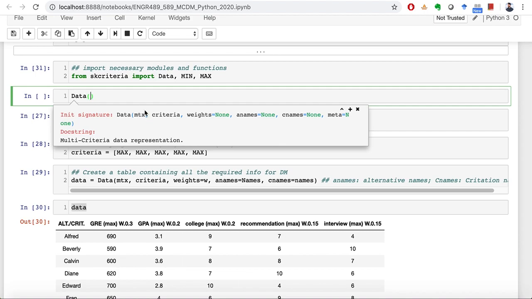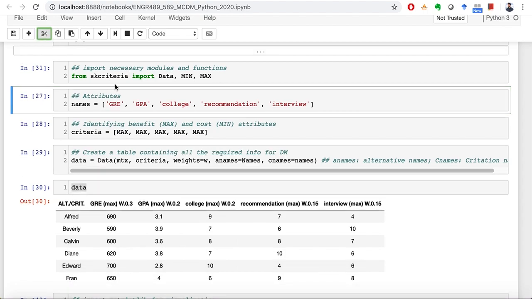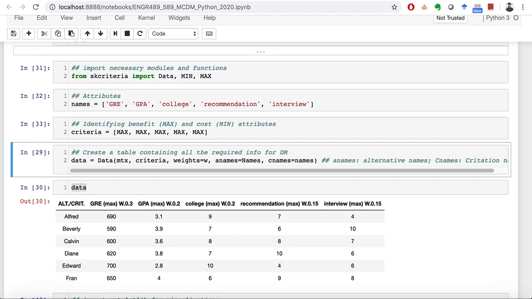It tells you the first one is the matrix or the data, the second one is criteria, min and max, the third one would be the weights, the fourth one would be the A names, which is the alternative names, and so on. We have the criteria names as well. So you can use that as well. But anyway, if we move forward,